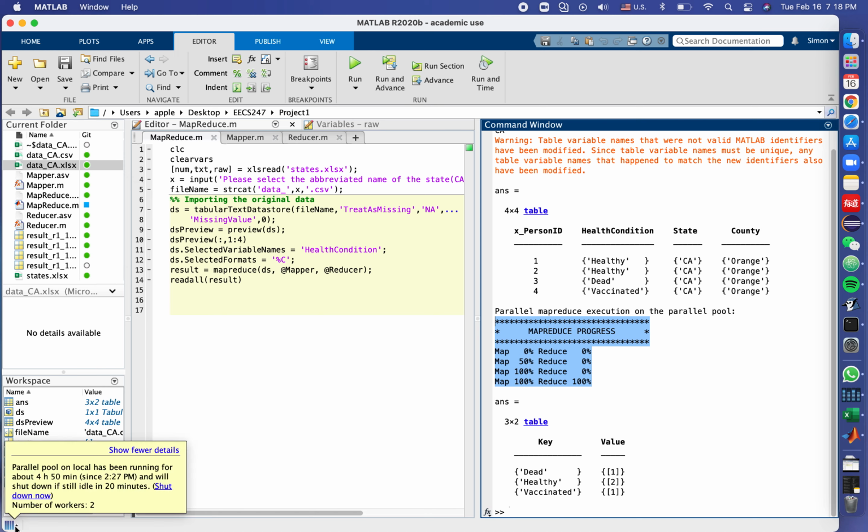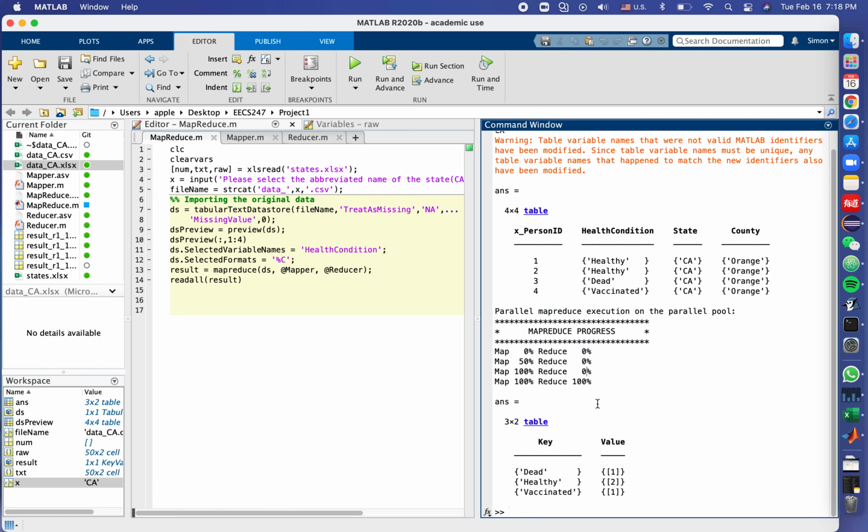As you can see at the bottom left of the screen, it says the parallel pool on local has been running, and we have the number of workers of 2, which is because the platform running this code is a 2-core 4-thread processor. So it is allocating 2 workers, and then it gives the final result of the number of different health conditions of the patients,